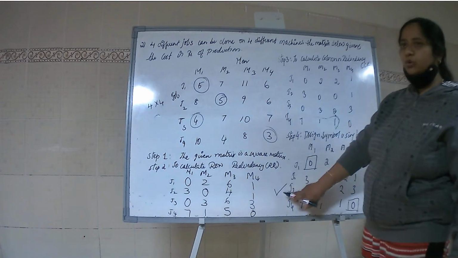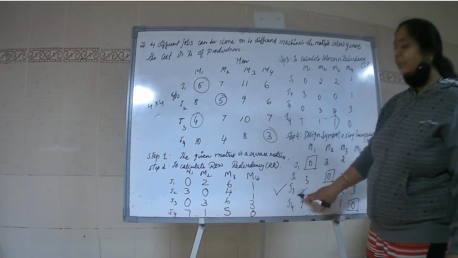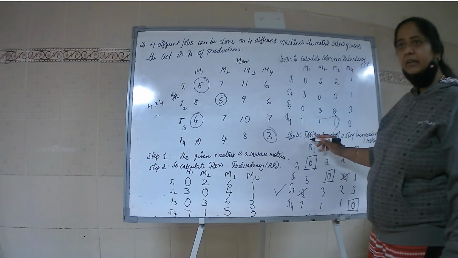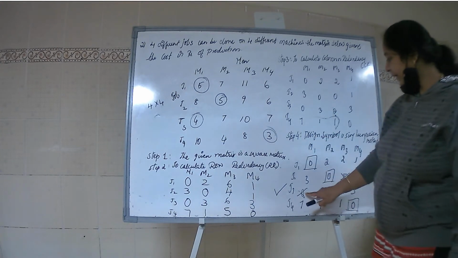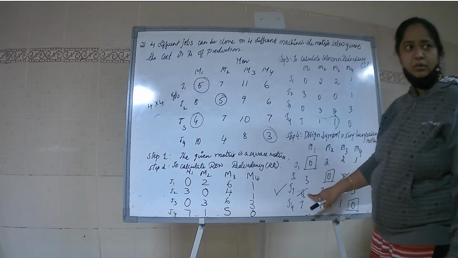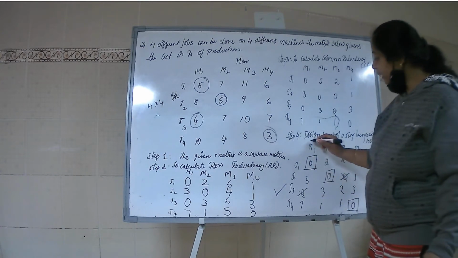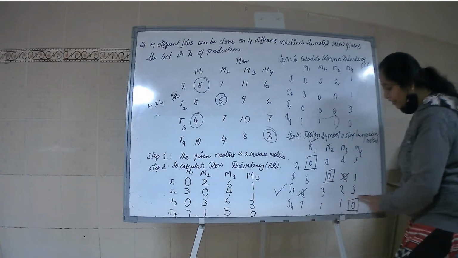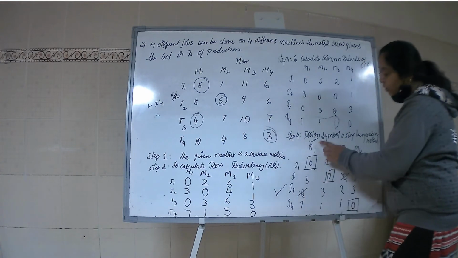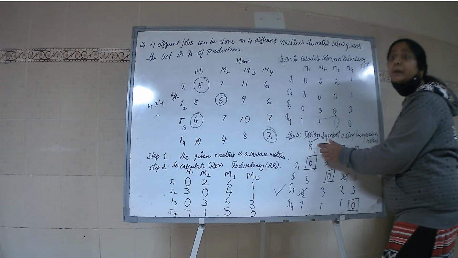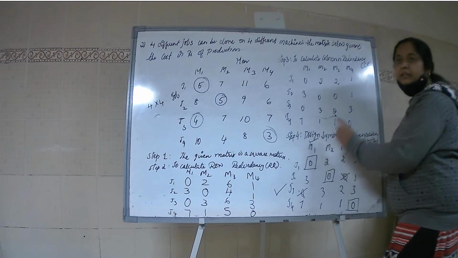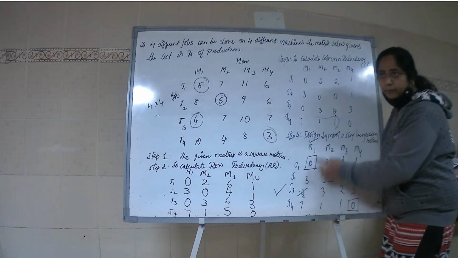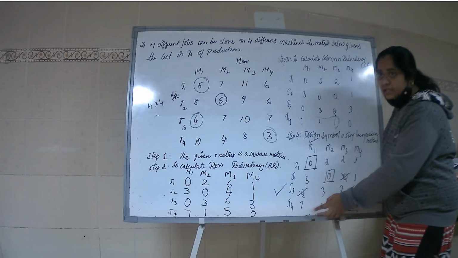Now in this row, where you have 0, you need to check that column and tick that column. Here you see, for M1 you have 0. So you have to tick the M1 column. You check in this row where you have 0, and in that column you put a tick mark. Now again listen, students. In the M1 column, where is the assignment?